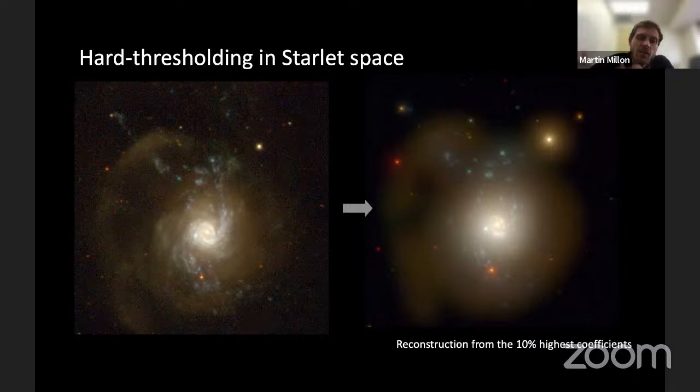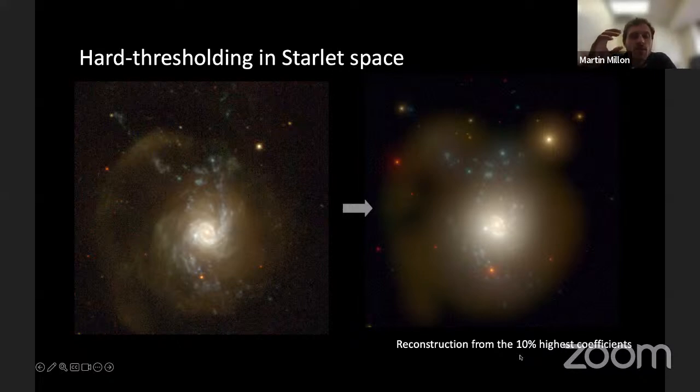And with 10%, you've already got a good amount of the features. So we're going to use this property to separate what is signal from what is noise. Here you see that this image has been denoised, because the coefficients in starlet space that are not among the 10% do not contain much noise. So this is what STARRED is using when it applies this morphology prior,